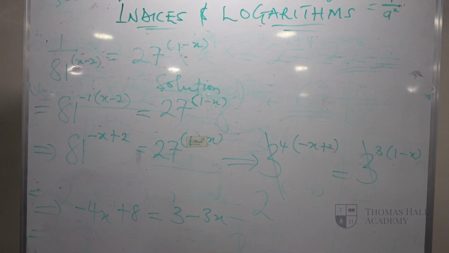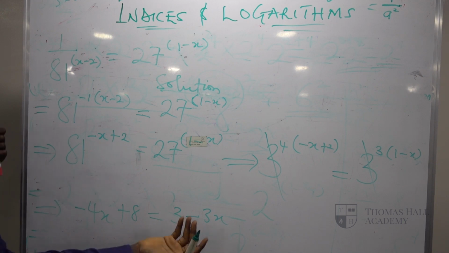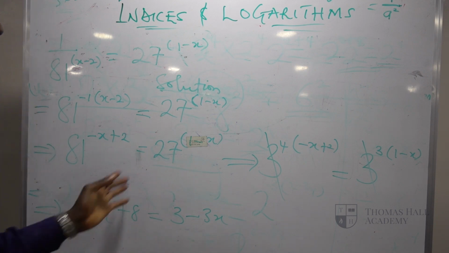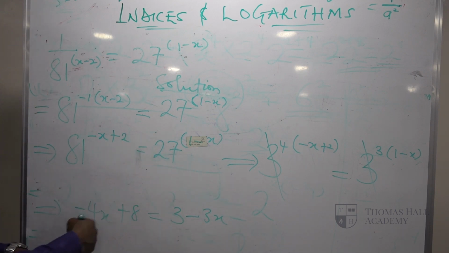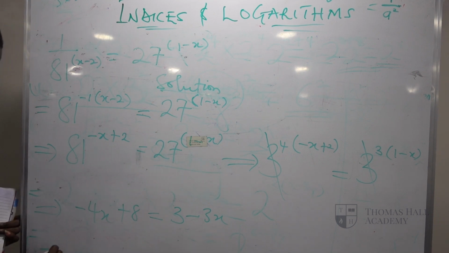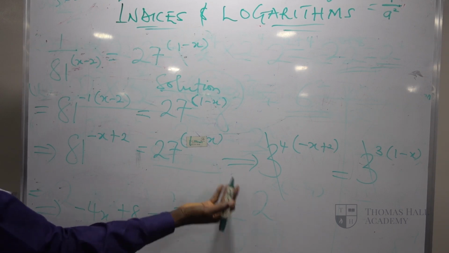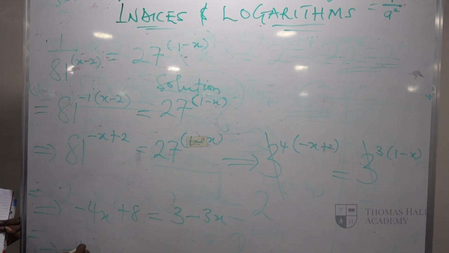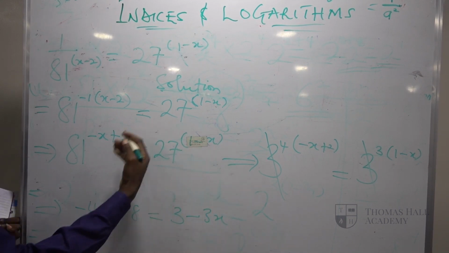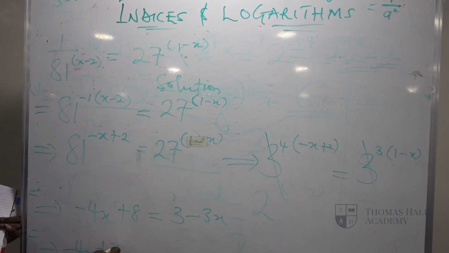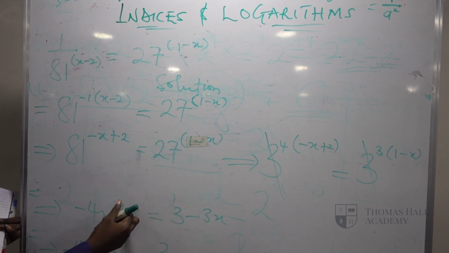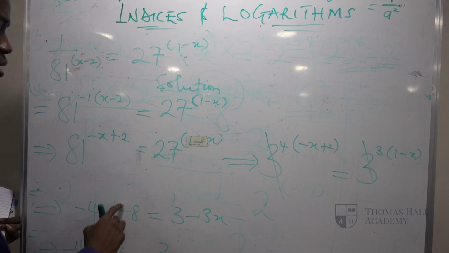Now let's collect like terms as usual again. Minus 3x wants to move across the equality sign. Mind you, it does not always have to be from right to left. You can move from left to right if you so wish. Now, I'm moving from right to left. Minus 3x crossing the equality sign becomes plus 3x. Minus 4x is already here. Equals 3 is already waiting here for 8 to come, because they are one family. 3 is standing plus 8 here, crosses to the other side and becomes